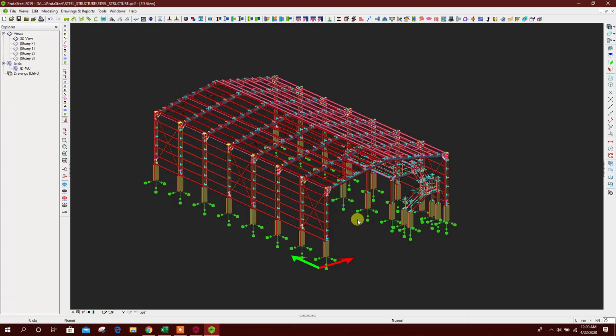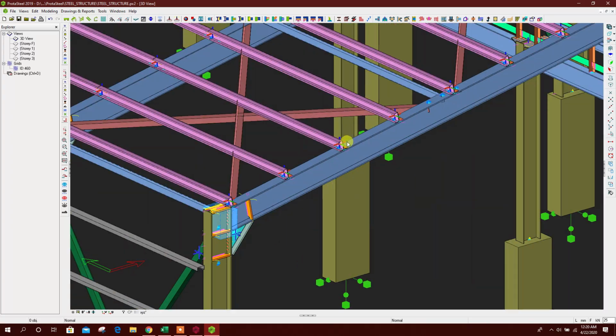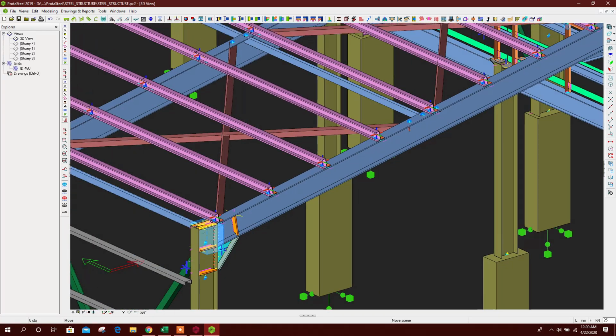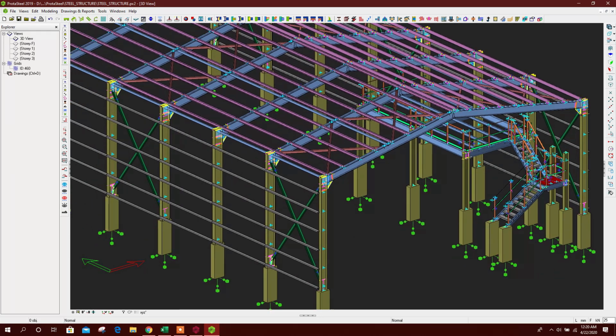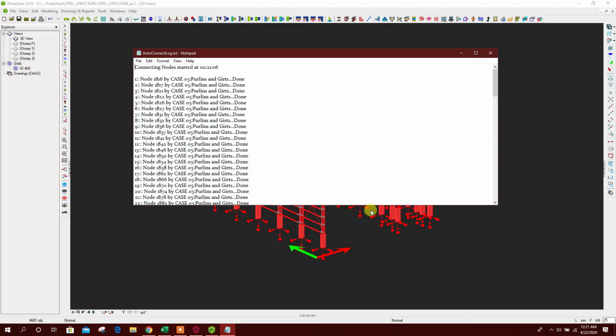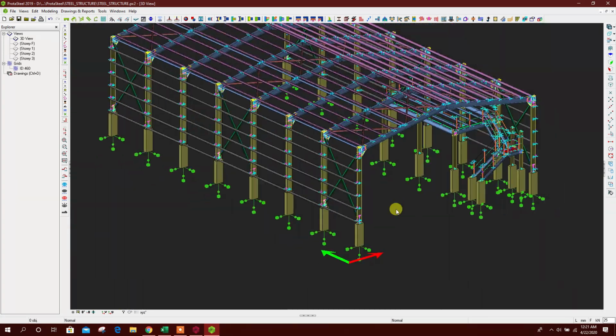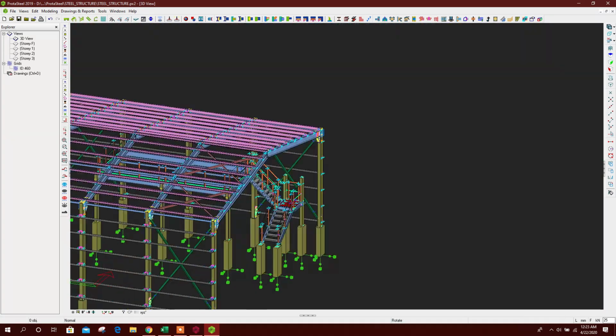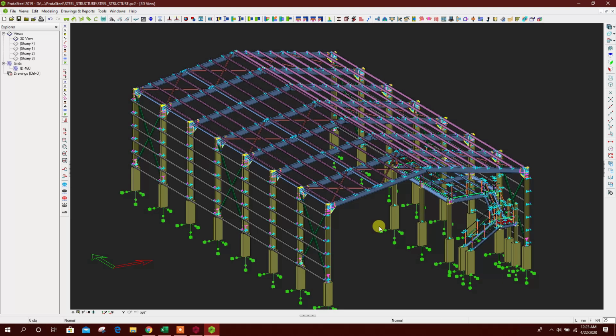Done. Here you can see purlin connection created. So in this way we can design steel structure in Prota Structure, then we can export it in Prota Steel